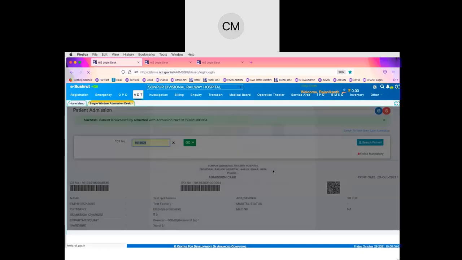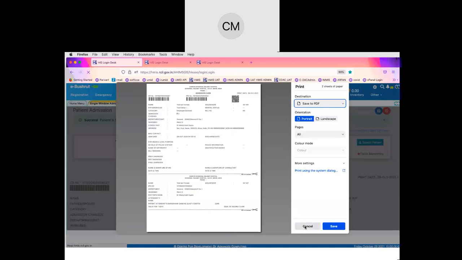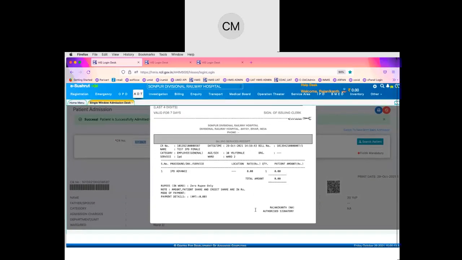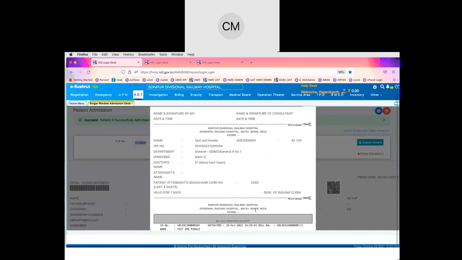By saving the details, the admission gets confirmed here. Now we will get the admission slip along with the visitor slip, attendant slip, and the dummy bill slip. All these three get generated as a single document here. So based on the advice, either from the doctor or an offline advice, the nurse is accepting that patient to a ward.